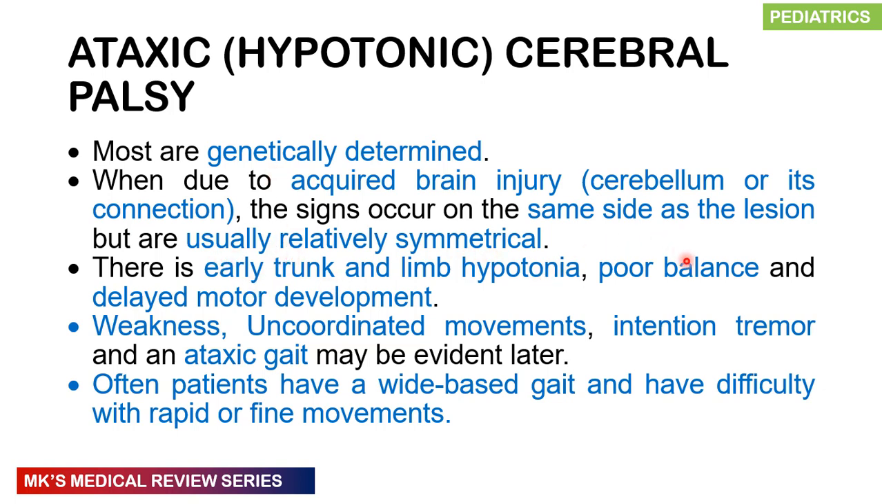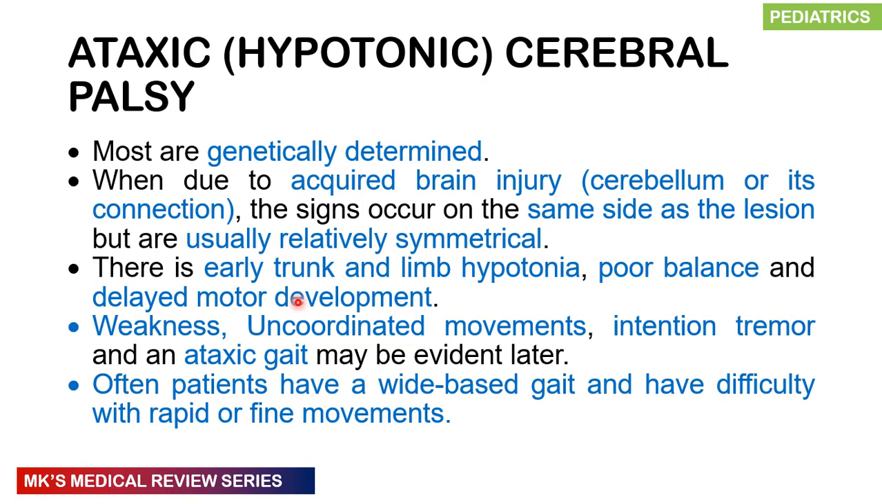There may be poor balance, because remember the cerebellum is also important for balance. There's going to be delayed motor development. There's going to be weakness, uncoordinated movements, intentional tremors, and an ataxic gait that may be evident later on. Because this child is imbalanced, when they stand still you see that their legs are spread wide apart. They have this wide based gait, and they have difficulties in performing rapid or fine movements, which we call